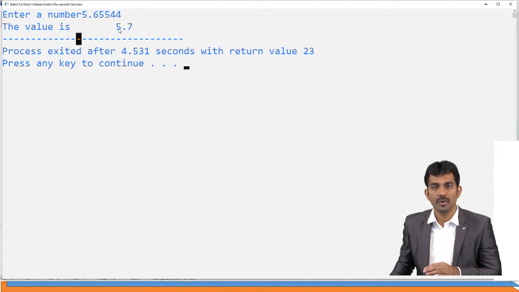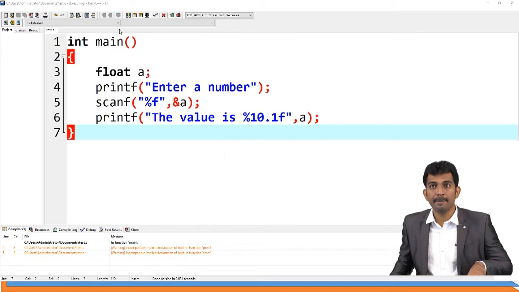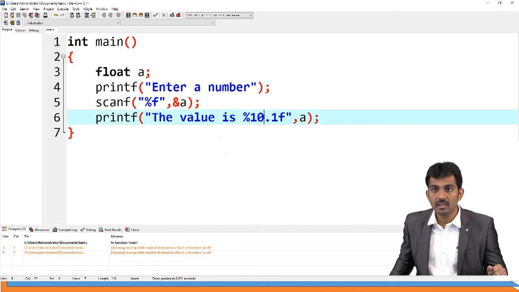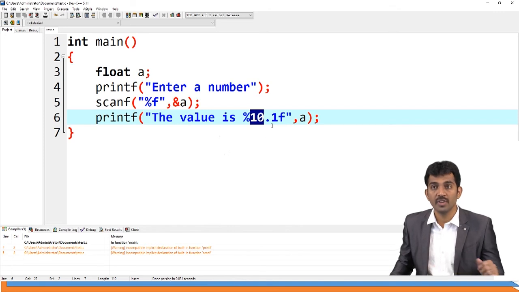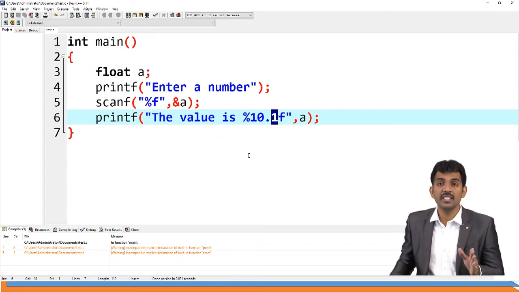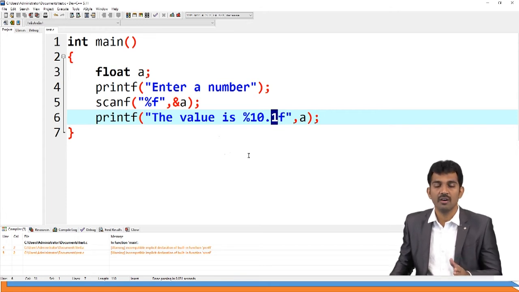Is this clear? So if you mention a number here, that many spaces are required, including the number which you are going to print. In the format specifier, the number after the point means that many digits you need after the decimal. Is this clear?